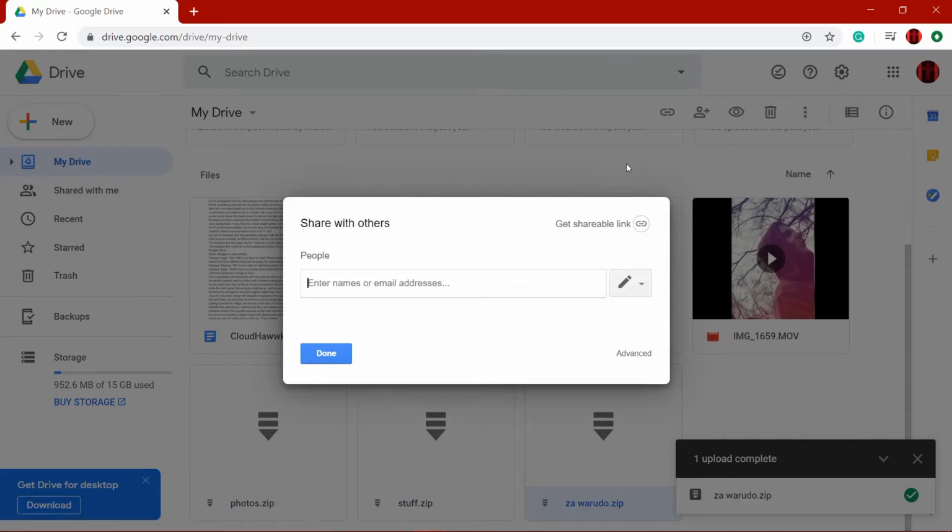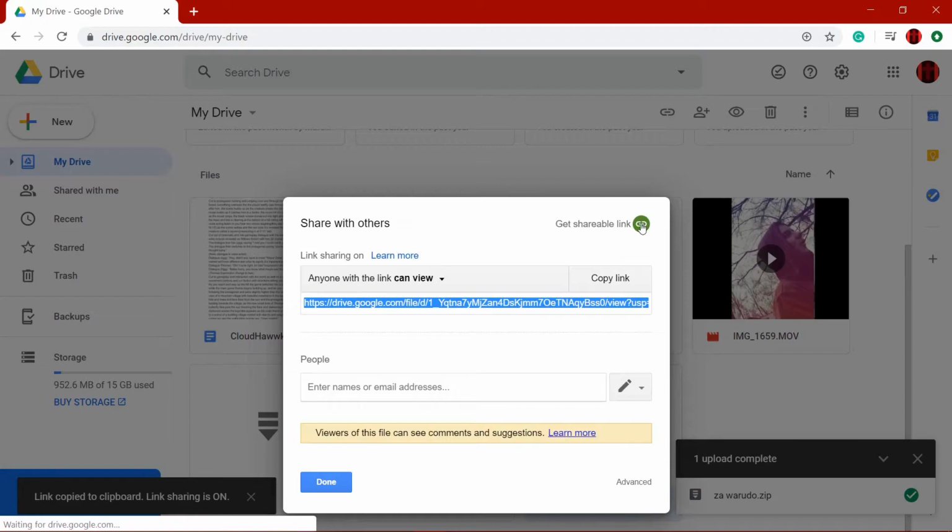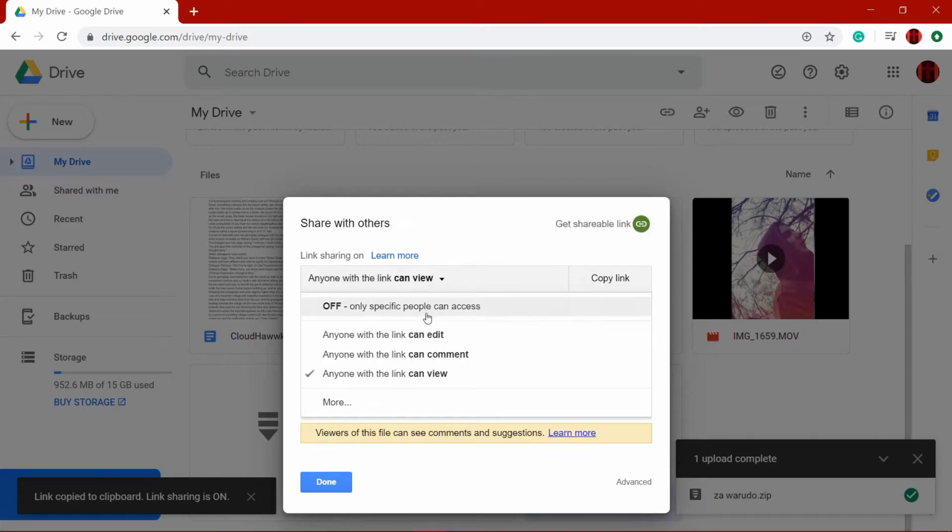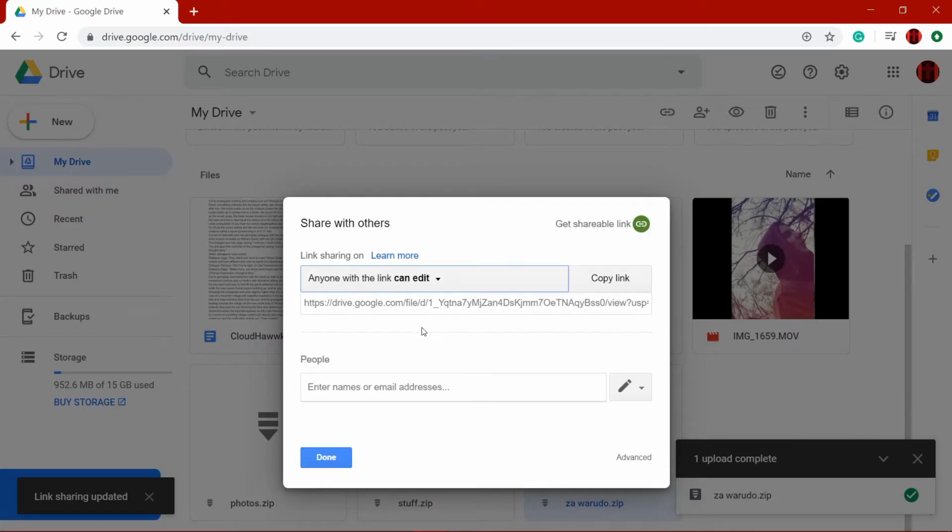share, get a shareable link. Anyone can edit this, and then just copy the link. Click copy link, and from there you can just paste it into any Discord person or email or whatever you want, and it will send them to your Google Drive, and they can then download your